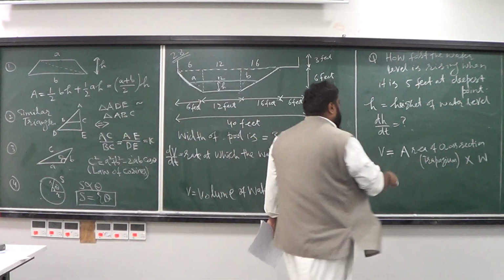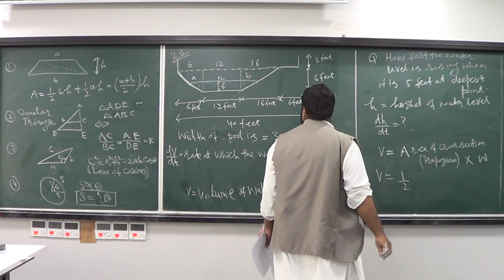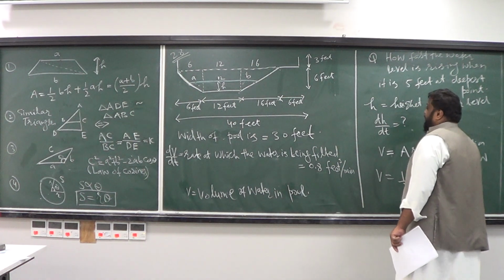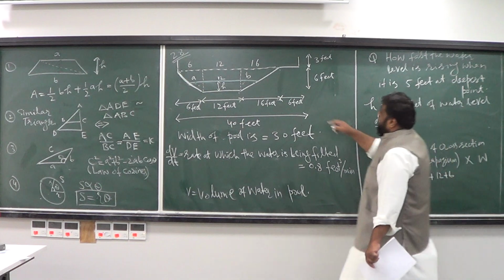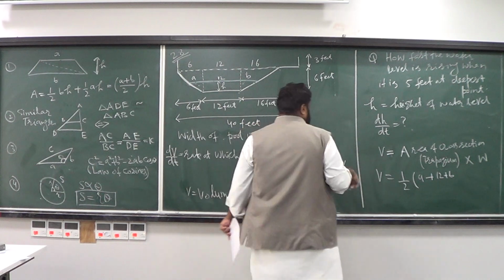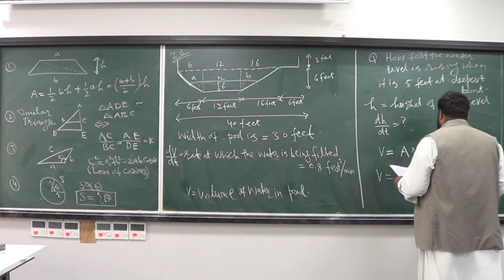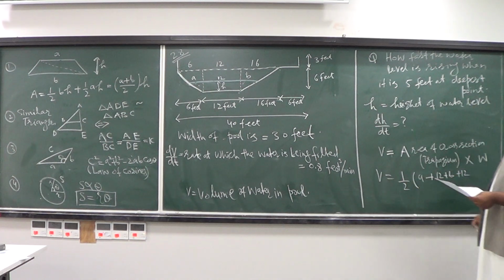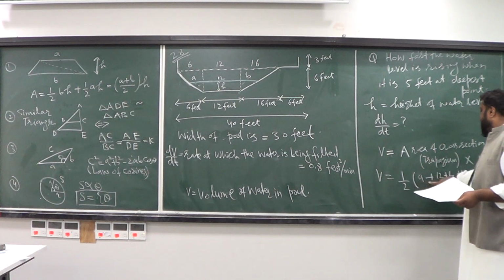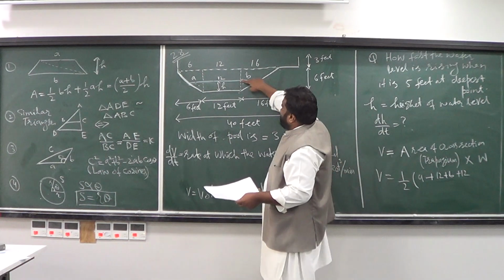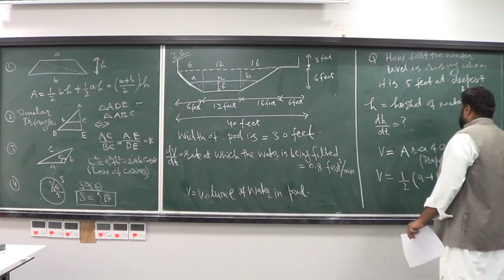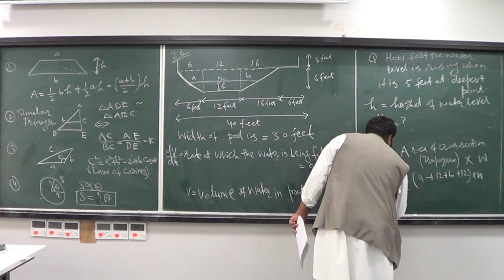So the area of the cross section is going to be 1/2 times A plus 12 plus B, which is the size of the bigger line, and now add the size of the smaller line, which is 12 again. So this is A plus 12 plus B plus 12, so that this is the length of the bigger side, while this is the length of the smaller side, multiplied by the width. So this is what it is. So the V is going to be the